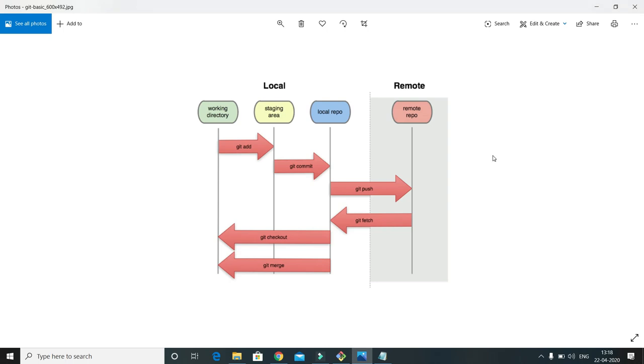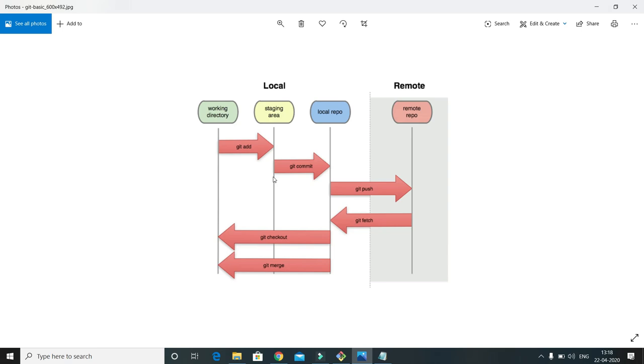In this video tutorial, we'll talk about the git commit command. This is the basic high-level structure of how the git flow works. Initially we have a working directory, or you can say local workspace, and if we create any new files or modify some existing files, then we need to issue the git add command, which will add our modified or newly added files into the staging area.